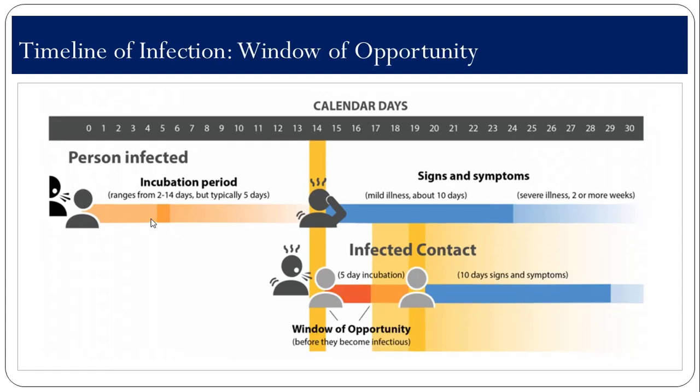So, the point of contact tracing is to find those contacts and ask them to stay home so that they do not infect anybody else. And as you may recall, that window of opportunity to find them before they themselves become infectious and could infect someone else is pretty quick. So, this is important to keep in mind when you are finding and tracing contacts. This whole system of finding cases and contacts has to happen on a very short timeline to be optimally effective.